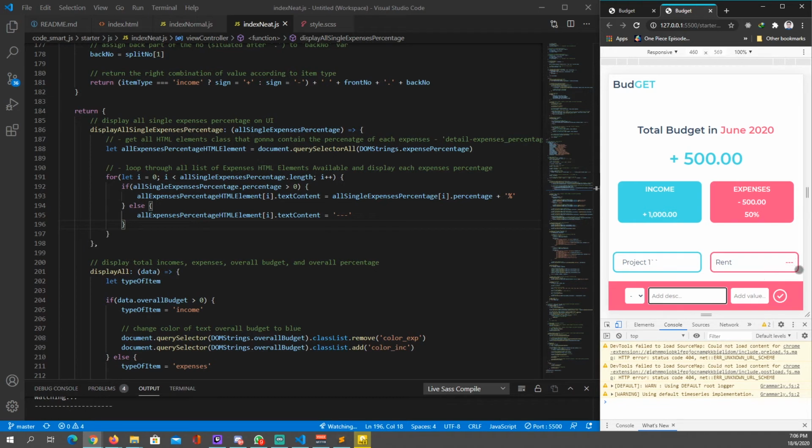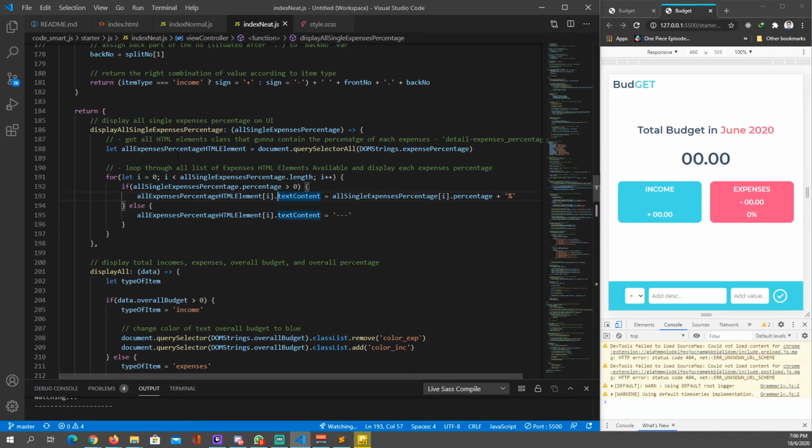Oh, it's not displaying over here, so maybe we have some element in DOM string or single expense percentage. Okay. Ah, this one should have increment over here. So hit save,